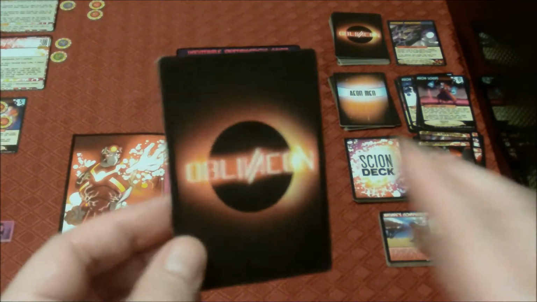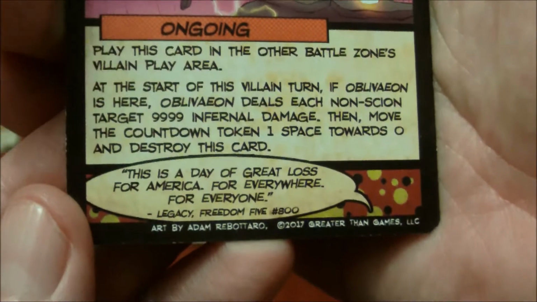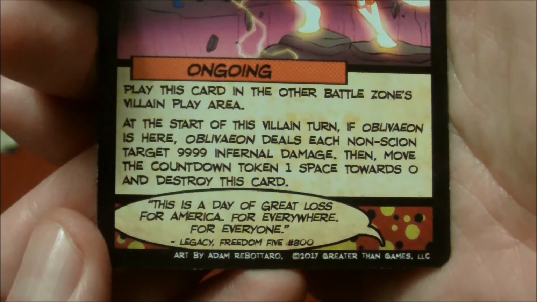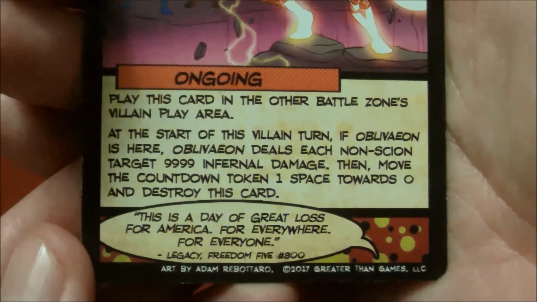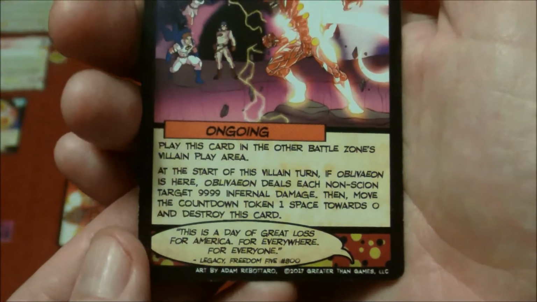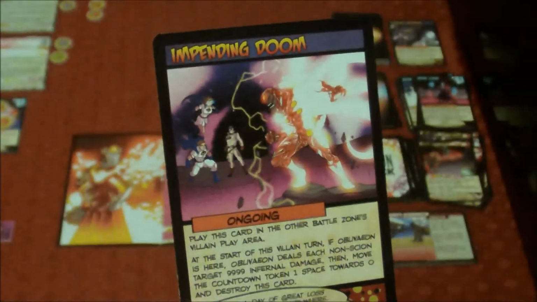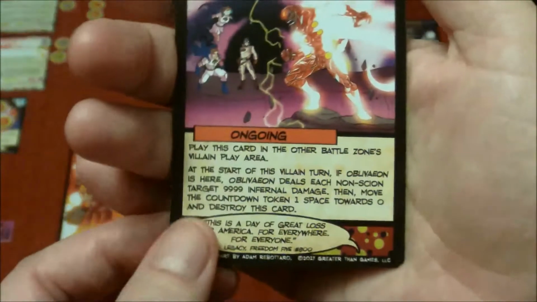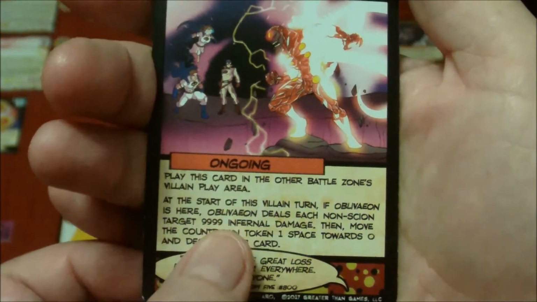We are going to play his next card, Impending Doom. What does that say? Legacy. This is a day of great loss for America. For everywhere. For everyone. Ongoing. Play this card in the other battle zones villain play area. This will go into zone 1. Yes, OblivAeon is in zone 2. At the start of this villain turn, if OblivAeon is here...